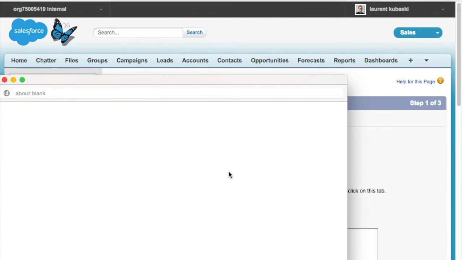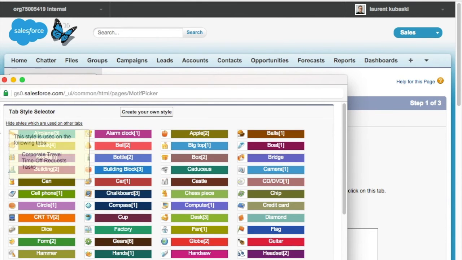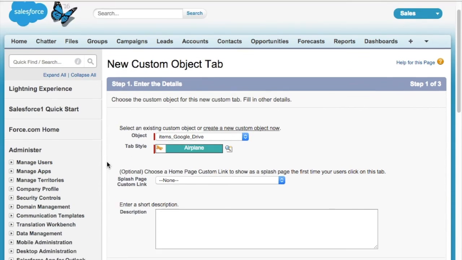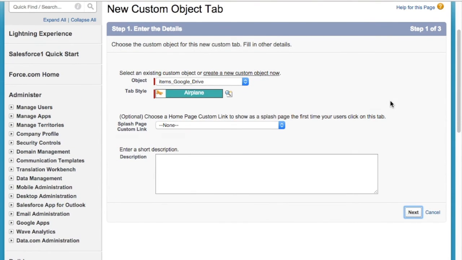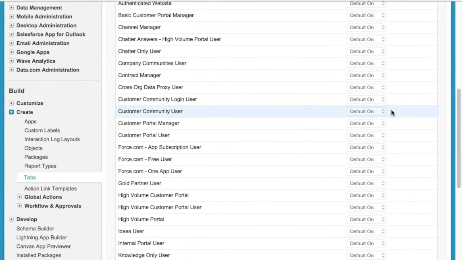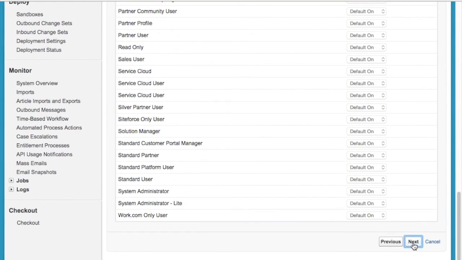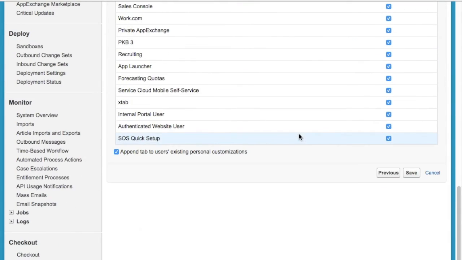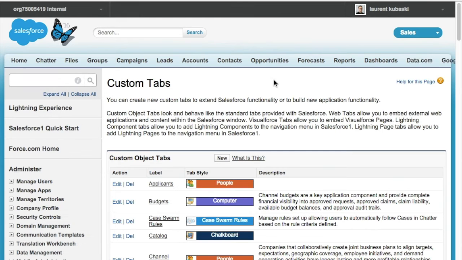Then let's assign a tab style, for example, this one. Okay, next. Next, and save. Okay, I now have a Google Drive tab in my Salesforce org,